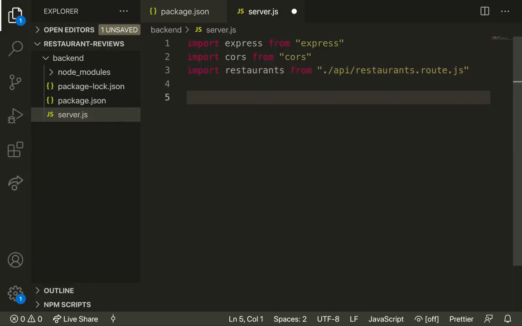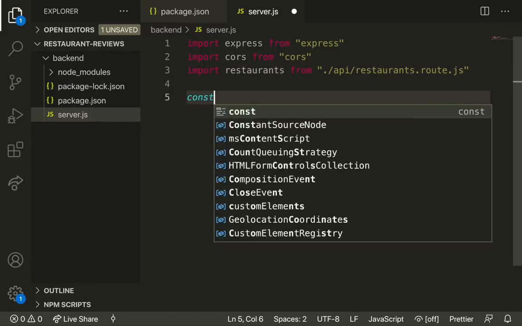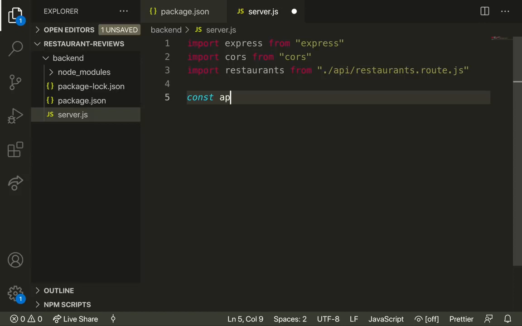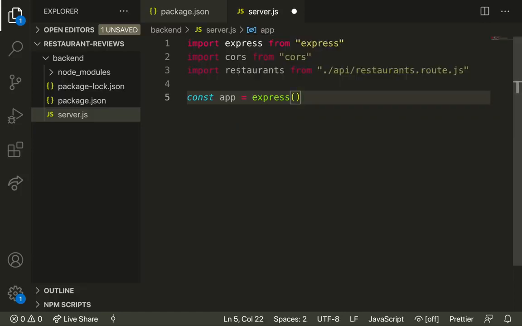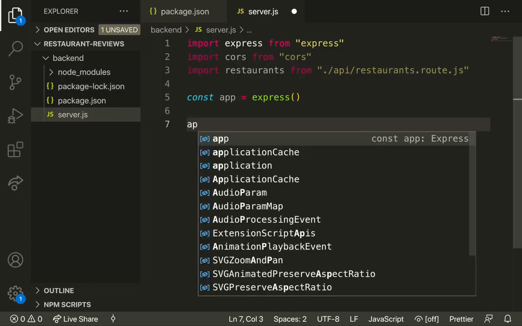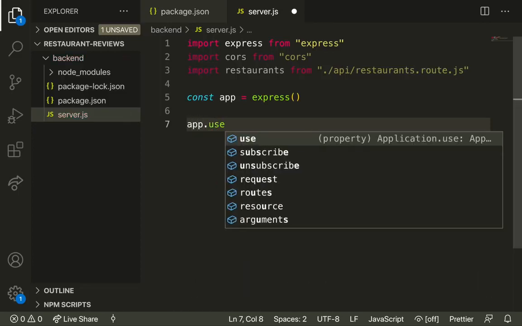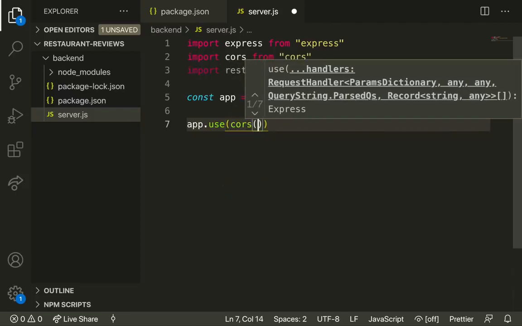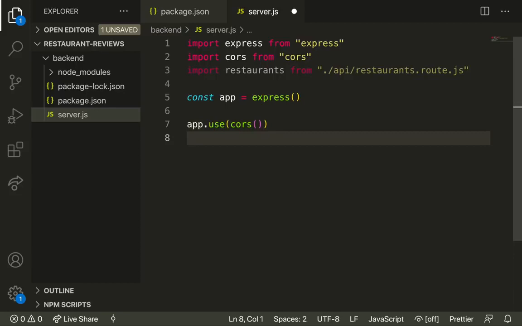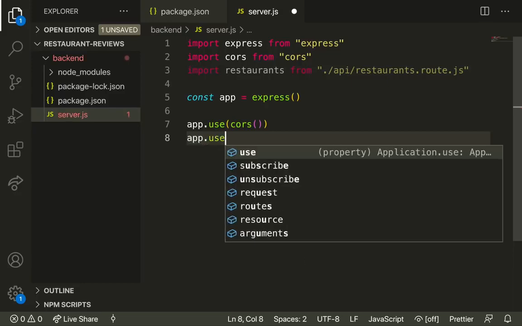So let's make our Express app. So const app equals express, and that's what we're going to be using to make our server. And now we have to apply our middleware. So app.use. These are the things that Express is going to use. And that's going to use our CORS module. And then we are also going to use